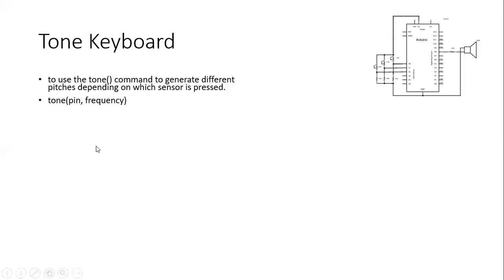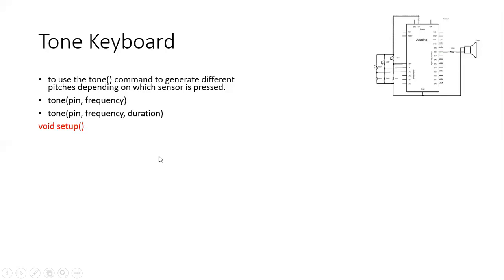Another way you can also write it is tone within brackets: pin number, frequency, and the duration. How long you want to make that sound, that also you can do. If you look at the musical notes, you have quarter notes, half notes, crotchet, minim, and many details are involved. So in such cases, we want to specify the duration, and then you can specify the duration also.